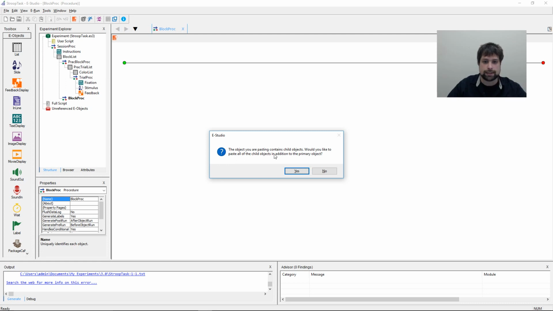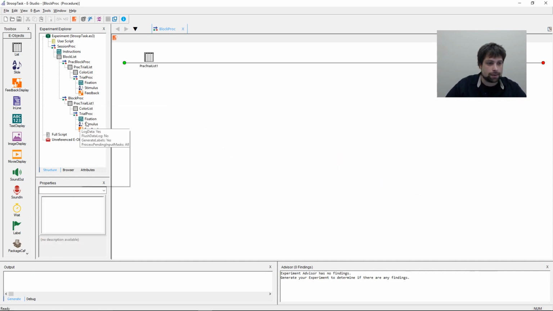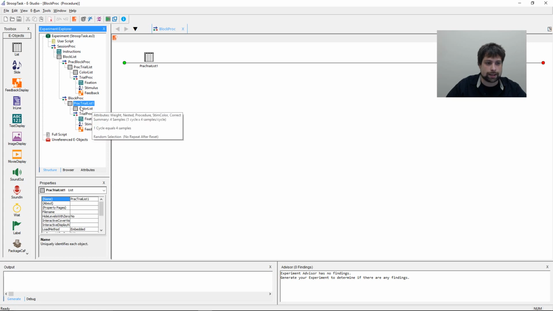this object you're pasting contains child objects. Would you like to paste all of the child objects in addition to the primary object? I'm going to click no and watch what happens. So now the only thing that actually has a 1 next to it is this prac trial list 1, because I pasted it and made a new copy of this file. Now, any changes I make to prac trial list 1 aren't going to apply to my prac trial list, just to prac trial list 1,